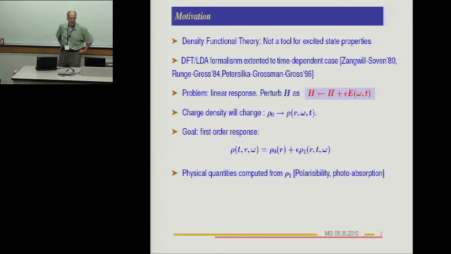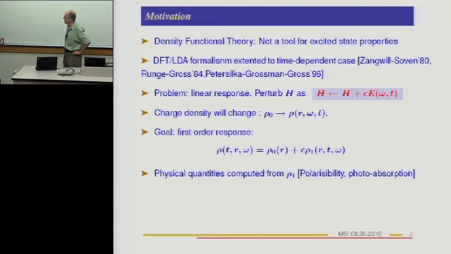So I'm going to start with just very briefly what the problem is. Density functional theory basically is based on ground states. By the way, I'm not a physicist, so I'm going to be emphasizing the computational aspect. And this is just to give you a background of this. And so there have been generalizations made for excited states. And this was done actually in the 80s.